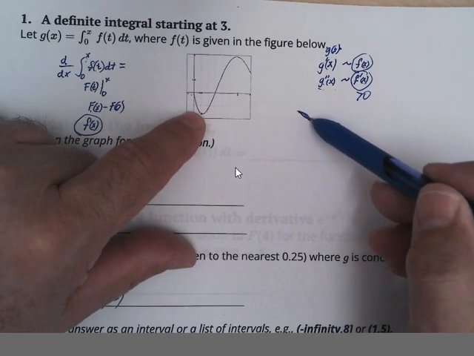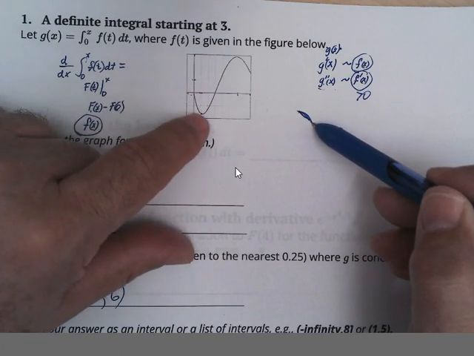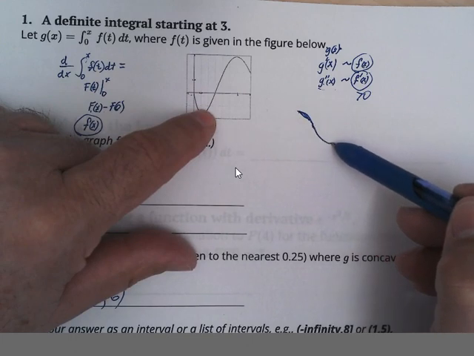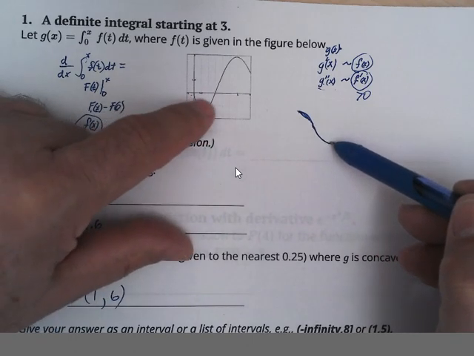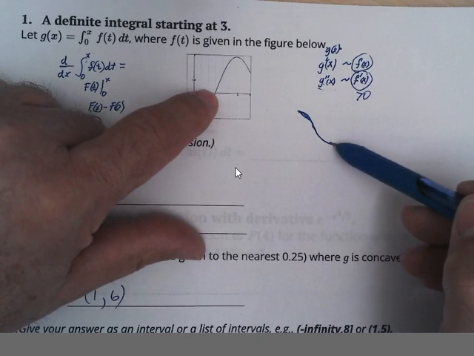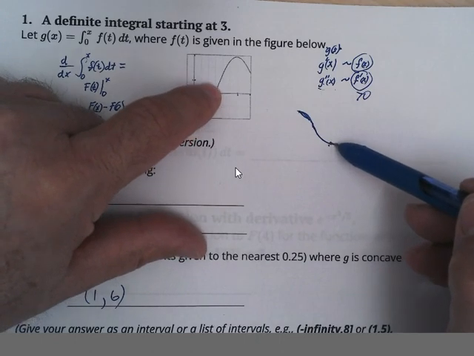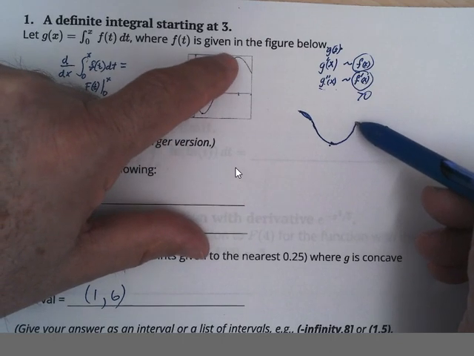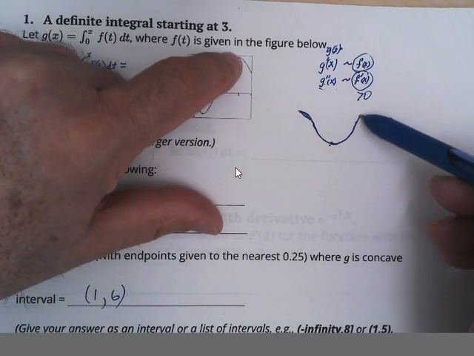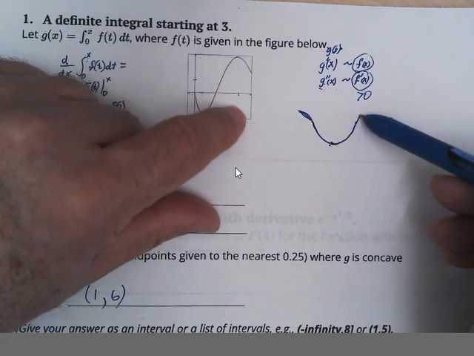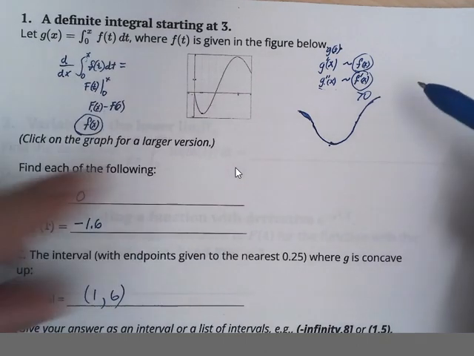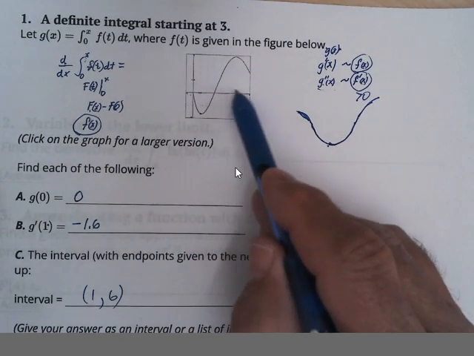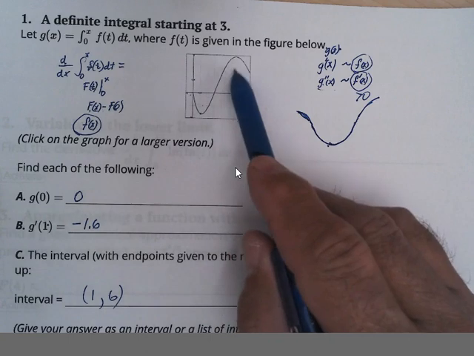It's going steeper and steeper down until it gets to there, the steepest down, and then it got a positive slope, so it starts concaving up, but it's still negative area we're adding, so it's concaved up till there, and then it turns around, and now it's still positive slope, so it's still concaved up, and it's gaining area. It's coming up to there, then it's concave down, but it's still gaining area. And so since this area is less than this area, the negative is only going to take part of this